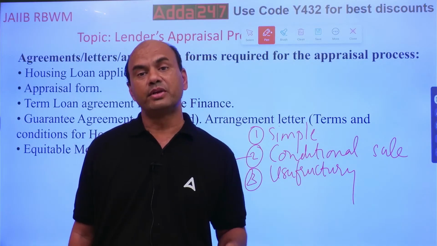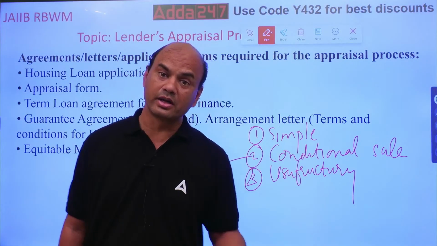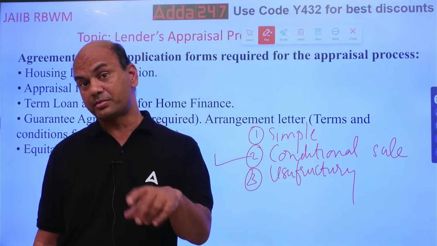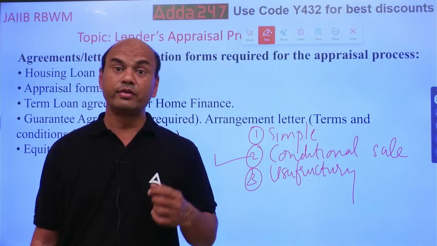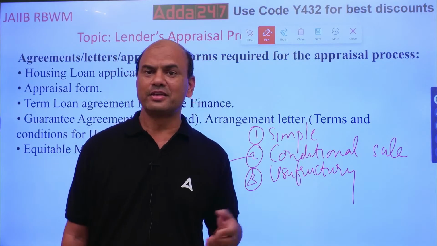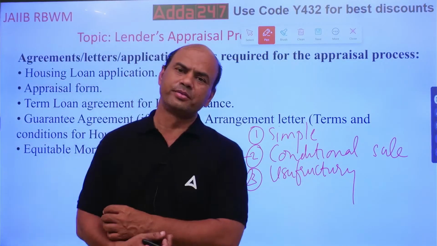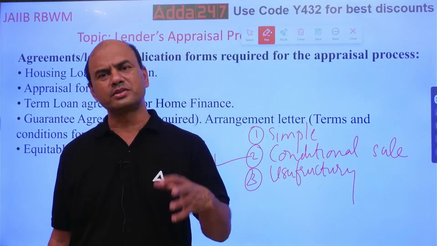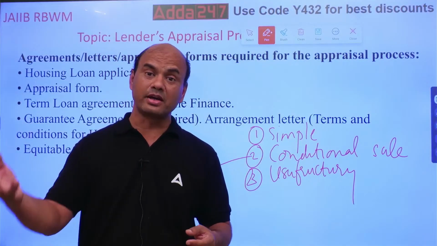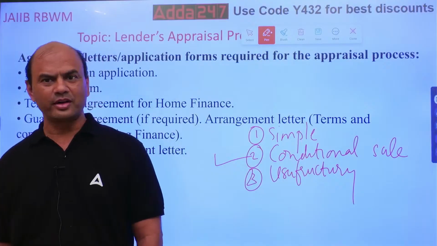Usufructuary means whenever the property which you are owning and I have given you the loan under usufructuary, then the income from that property up to the time the loan is going on will come to me. So that's why bank doesn't do the usufructuary. Do you take the rent of that house which that person has taken the home loan? Do you take the rent of that house in your account? That rent goes to that person only if that person gives it on rent. Isn't it?